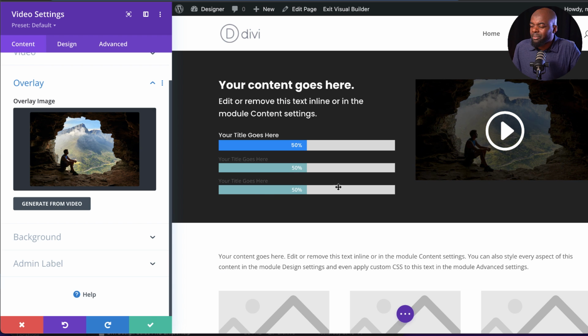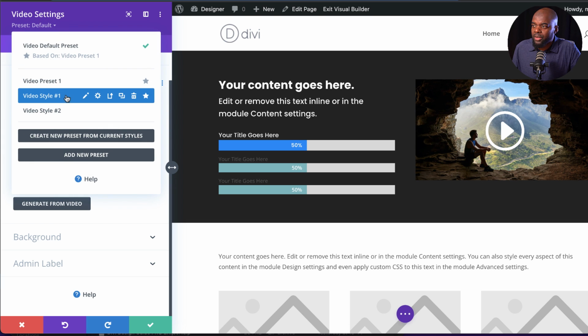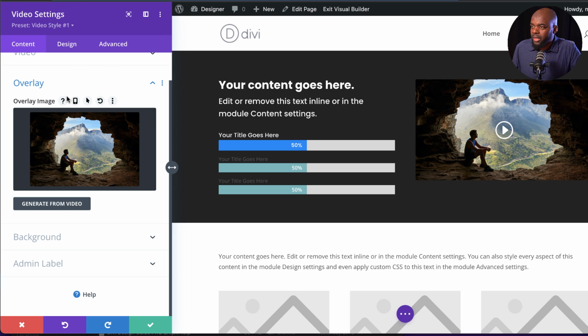So you can see here our play button is way too big. So I've saved you a lot of time to go in and start tweaking it, making sure it's the right size. So we have our presets here. We have video 1 and video 2. So I'm going to go ahead and select that, and you can see it has automatically chosen that,